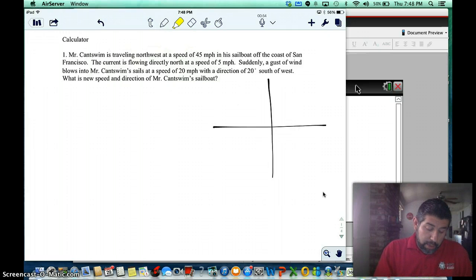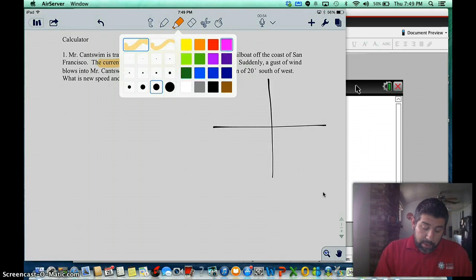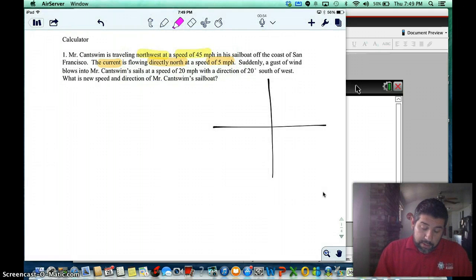Here we have he's traveling northwest at a speed of 45 miles per hour, so that's one vector. Then we have another vector: the current is flowing directly north at 5 miles per hour. And we have another vector: a gust of wind that sails at a speed of 20 miles per hour at a direction of 20